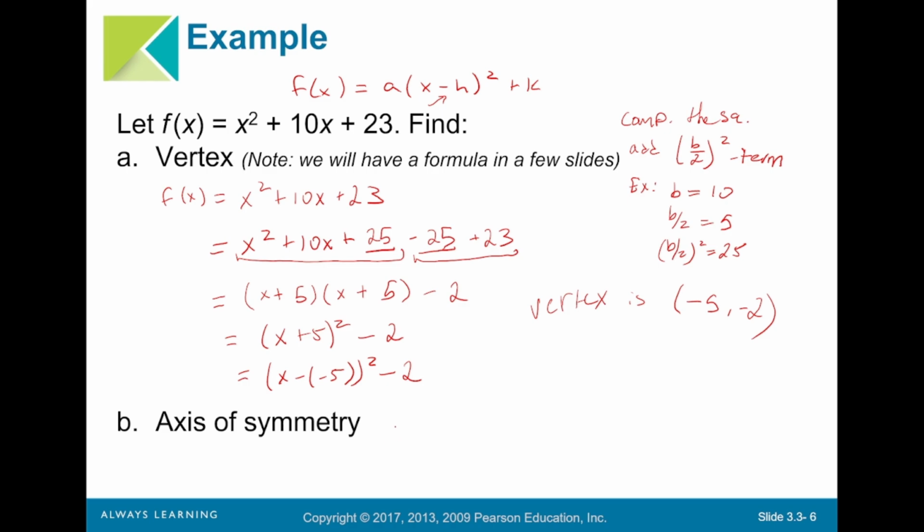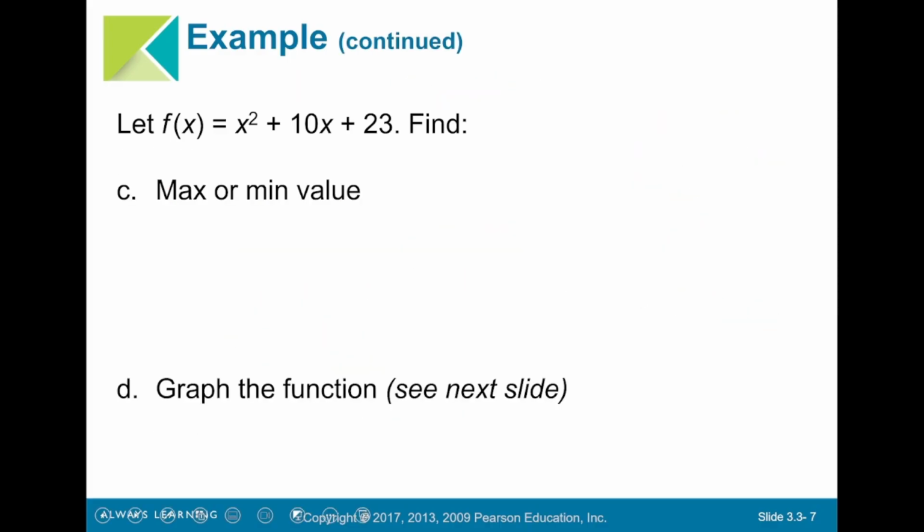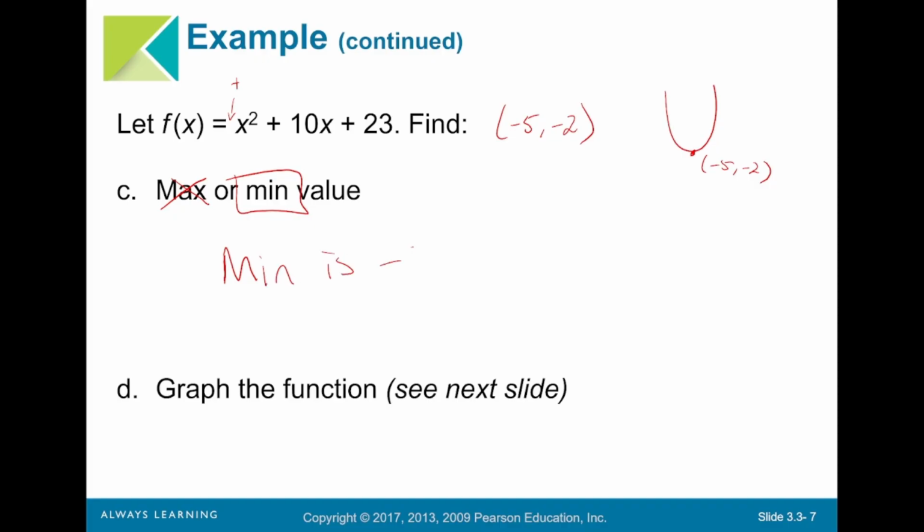That also tells us then that our axis of symmetry is x equals negative 5. Now if we want to think about a minimum or a maximum value, remember that the vertex is (-5, -2). And so we know we're thinking about something that goes like this, and here's the point. And I know it's a U shape because it's positive right here. There's no negative there. So it's not a max, it's a min, and the min is negative 2 because it's the y value of the